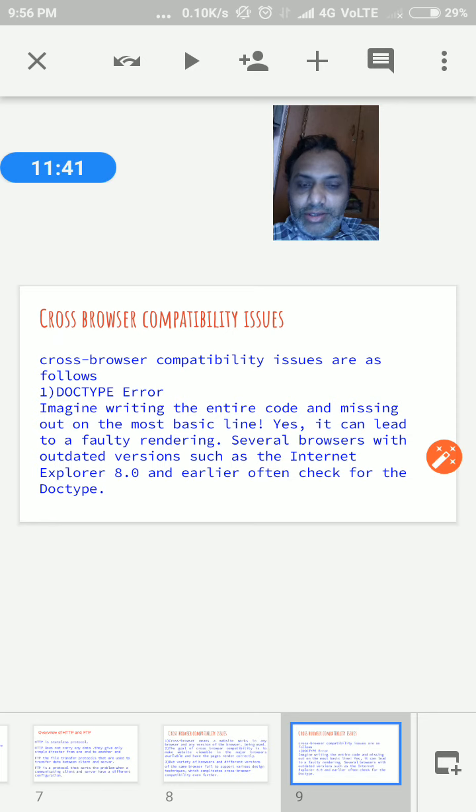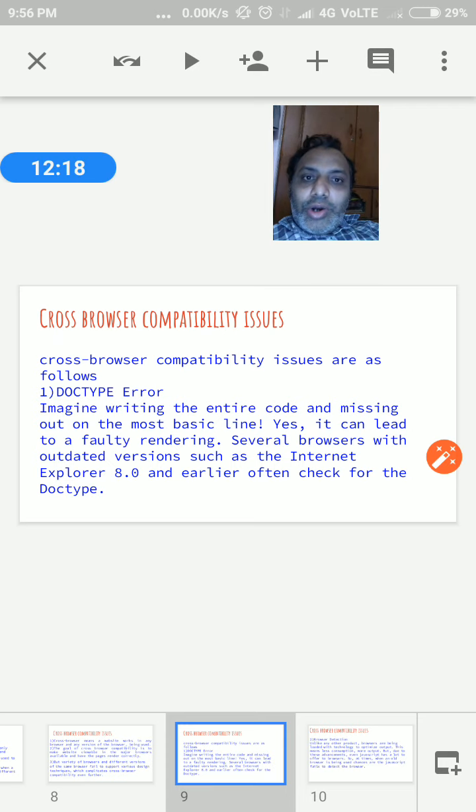If you miss this one line, we get faulty rendering, and the applications have a problem being represented in the browsers which are in the market right now, or the newest versions. The browser is not suitable for this. That is the first issue. Through it, we get cross browser compatibility issues.